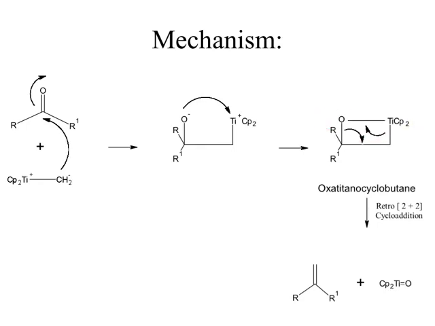So, what will happen? Generally this ring breaks in this fashion. So, we get a titanium oxygen double bond, and here we get a carbon carbon double bond. So, you will get an olefin and your byproduct. So, this is our final product. I hope you have understood the mechanism. It is similar to the Wittig reaction.